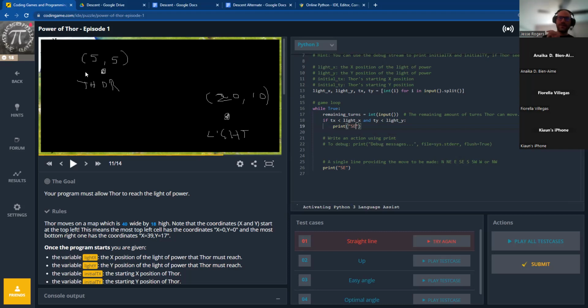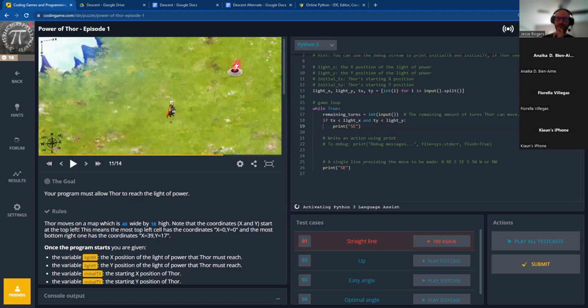So yeah, that's why I blacked that out, because in the example that they started us with, that was, let me see where the eraser is here. Okay, so if you're just looking at it from this scenario, here's Thor in red, and here's the light in green, and we're trying to get Thor to the light, right? So if that's the situation, then what would be